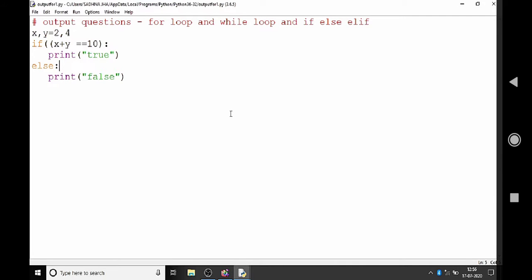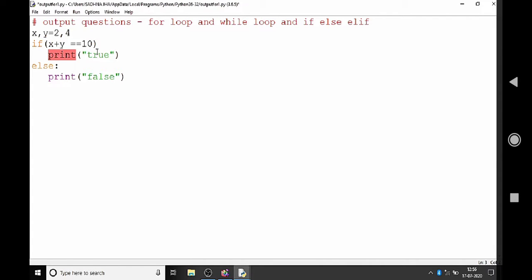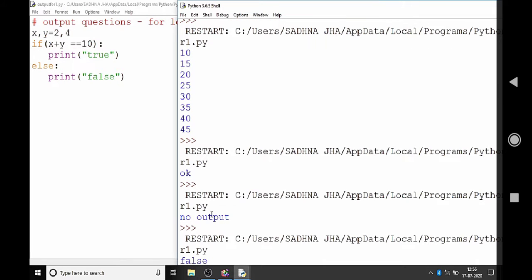So let us see the result. So condition is false.